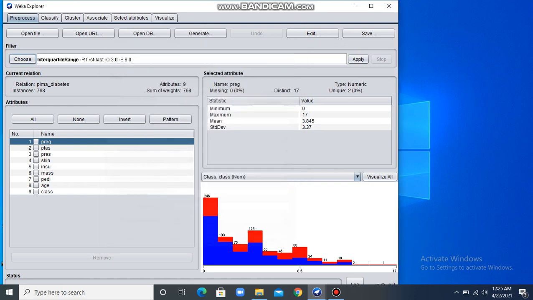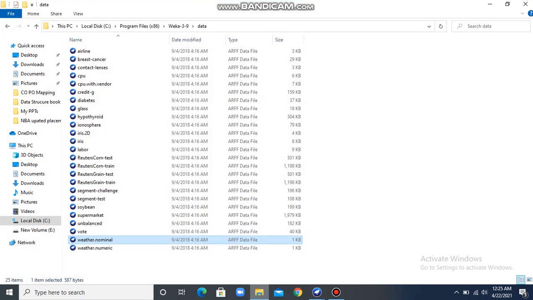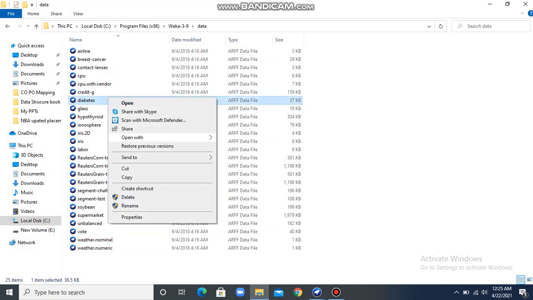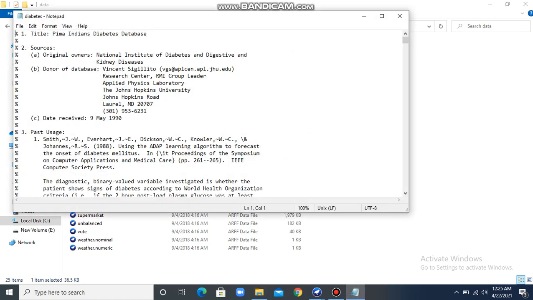Let's say OK. Now before applying this particular filter, we need to check our ARFF file. So I'm opening that file, diabetes.